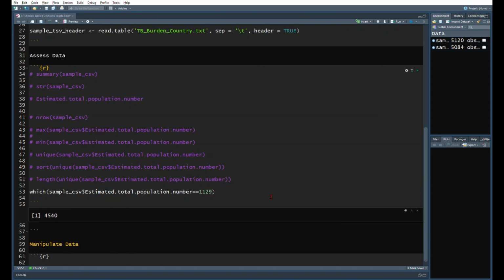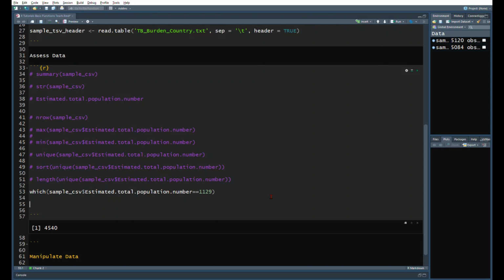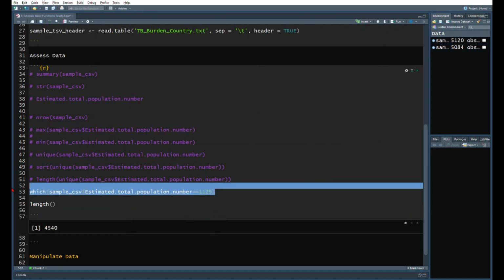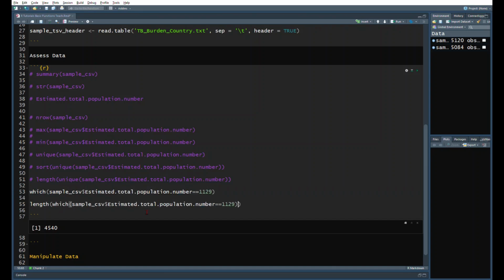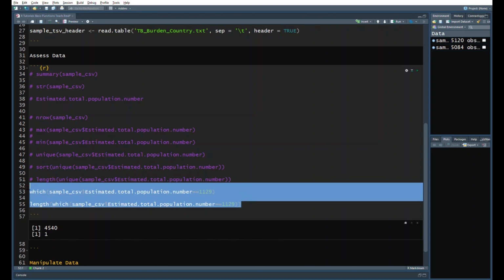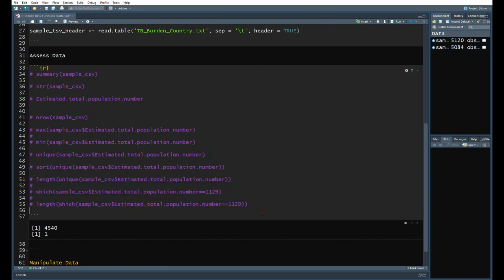Now, suddenly I'm interested to see what is the size of this output. How do I do that? You're right. I can still use the length function to do this. Let me show you. I use the length function here to size this vector. After we have done this, let me comment this out